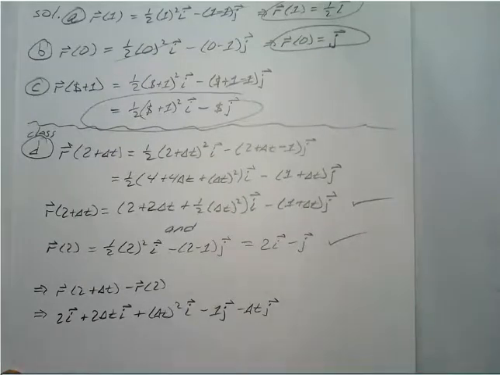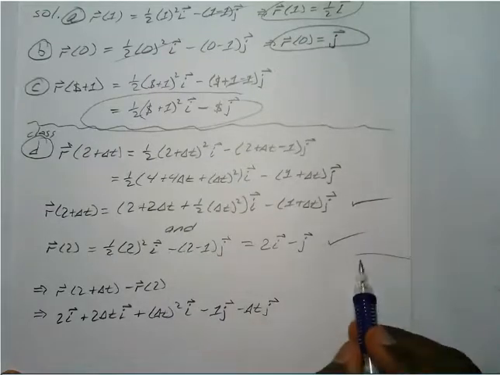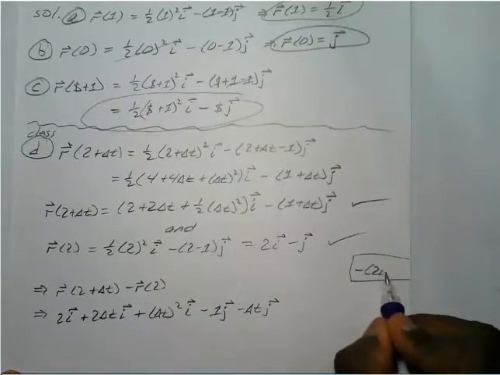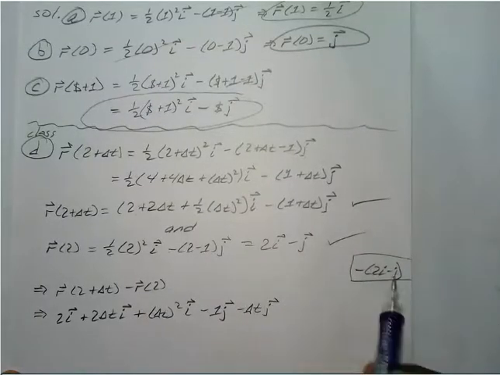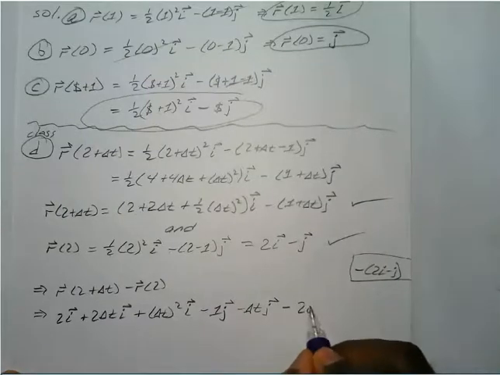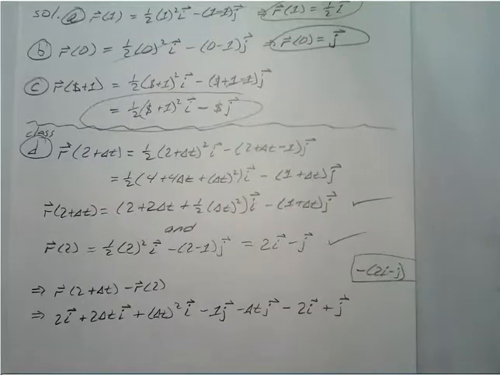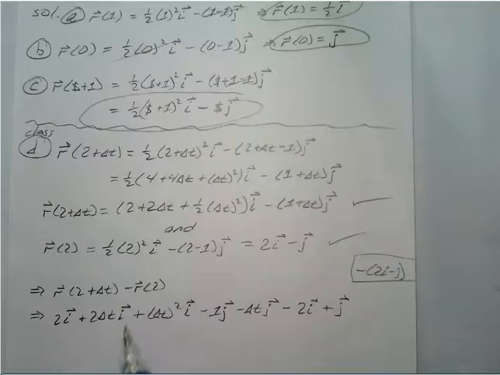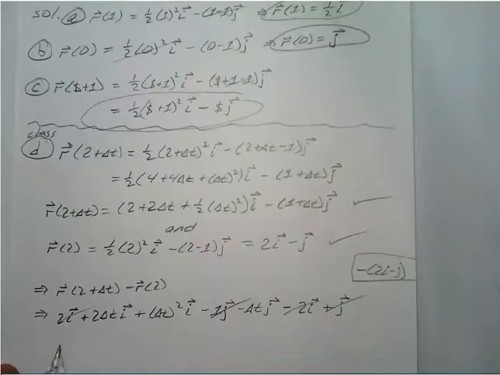Oops, that's yet one j. So that will be minus r of 2. Remember, that's minus this whole thing, so minus 2i minus j. We're going to have to distribute the negative here, so you have minus 2i vector plus your j vector. Okay, so you have plus 2i minus 2i, so those cancel out. You have minus j plus j, so those two cancel out. So we end up with